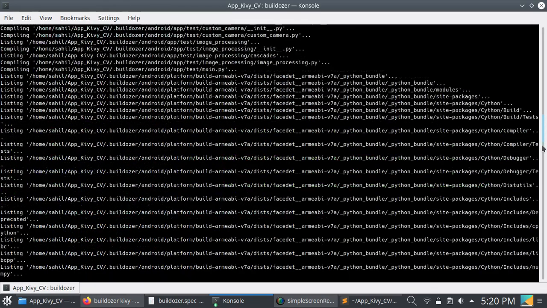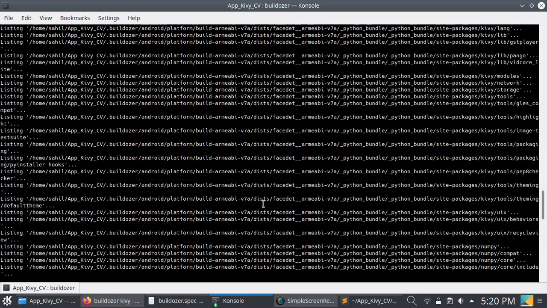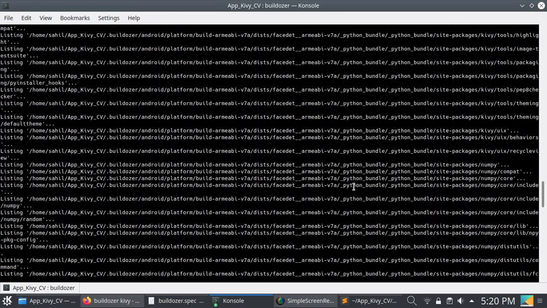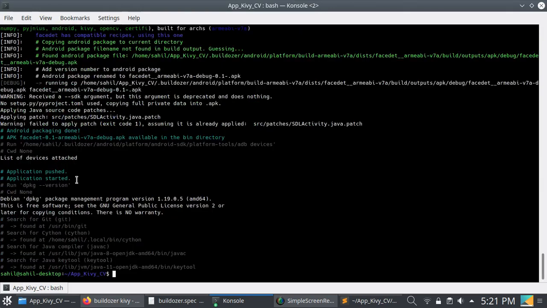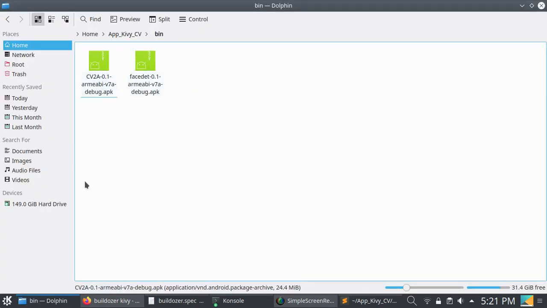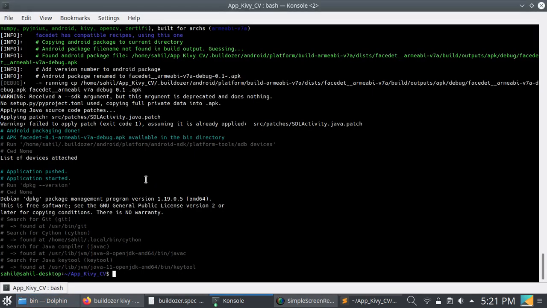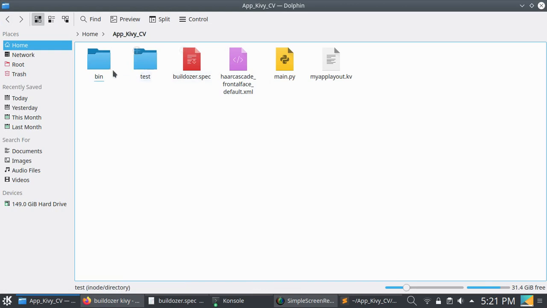And now it is completed. You can collect the APK from this bin directory. Okay, that's all, and just put it into your phone, or install it on your phone.